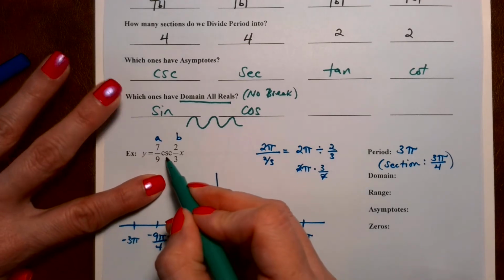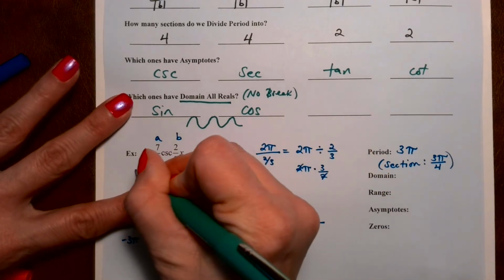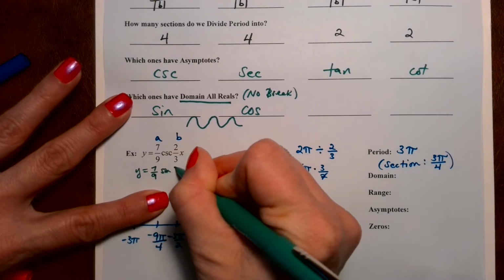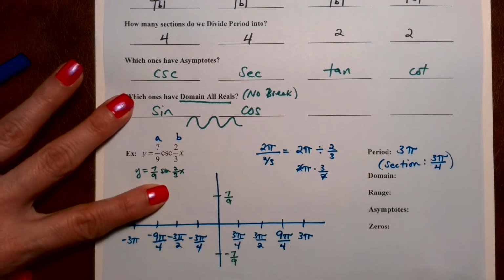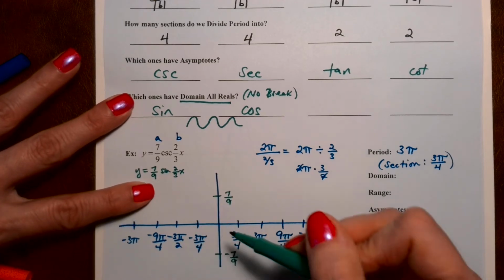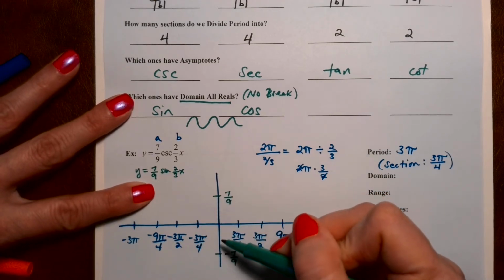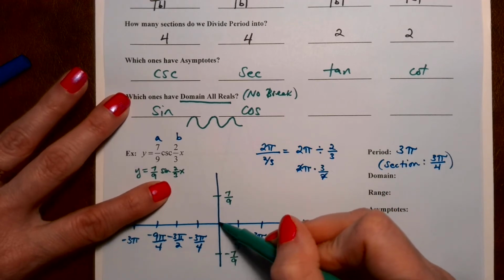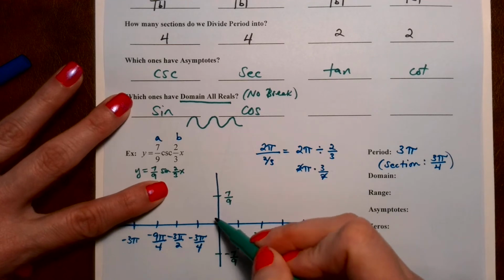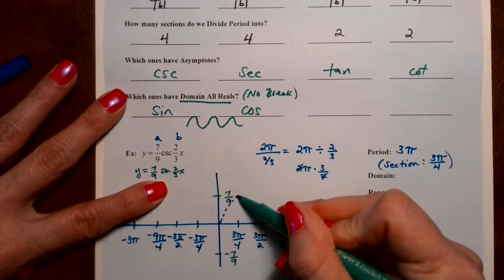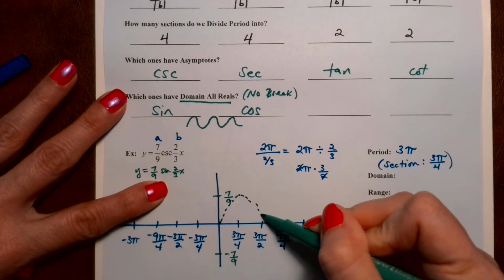So it's going to be very helpful for us to see y equals 7/9 sine of 2/3 x. So the sine graph, does he start high, middle, or low? So sine starts in the middle. Okay, this is going to be a dotted sine graph just to help me draw the cosecant. Okay, then he goes up, then down,